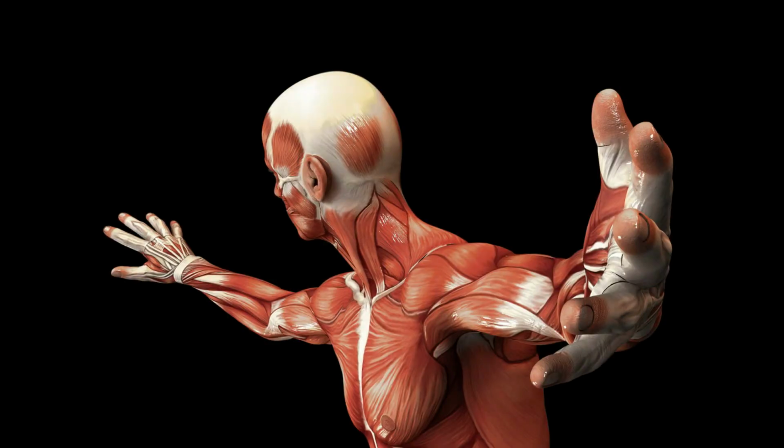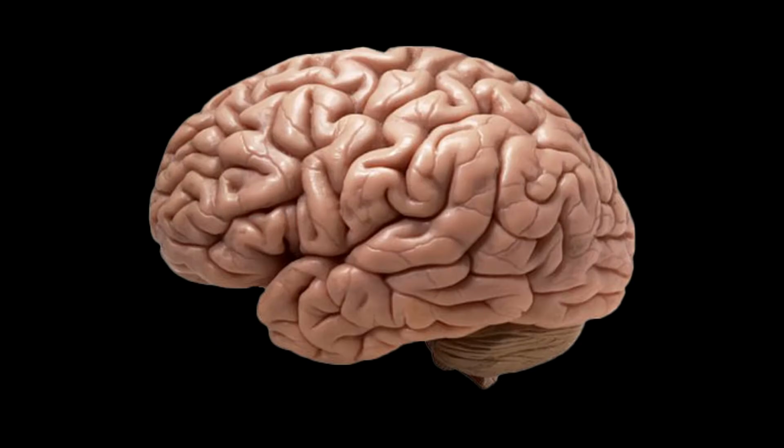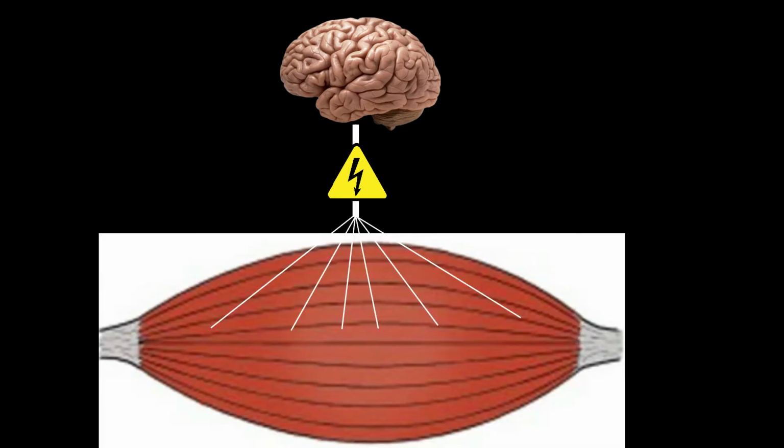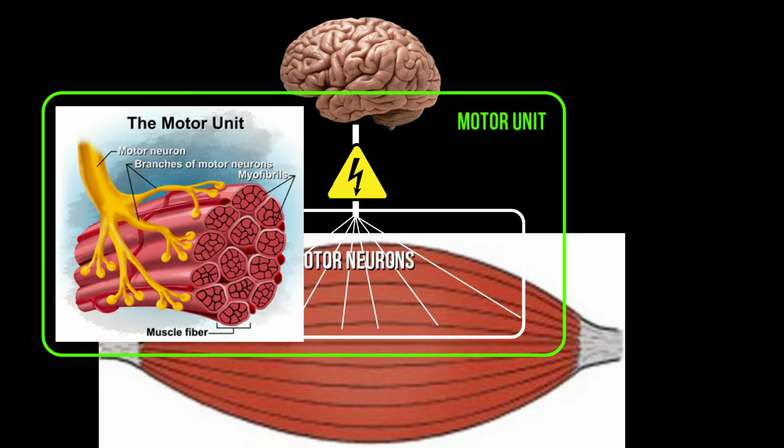Let's go! But before we dive into the topic, I feel compelled to analyze a term I'll be using throughout today's video. That is motor unit recruitment. For a muscle to contract, our brain has to send an electric impulse that innervates a group of muscle fibers through motor neurons. A motor unit is the combined system of the motor neuron connected with the muscle fibers it